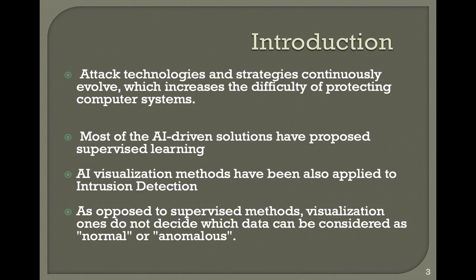However, there are some unsupervised learning techniques applied for this purpose, especially the visualization methods. As opposed to the supervised methods, in this case, it's not needed to have previous knowledge of the data set. It's not needed to know if a sample is considered normal or abnormal, which means an attack in case